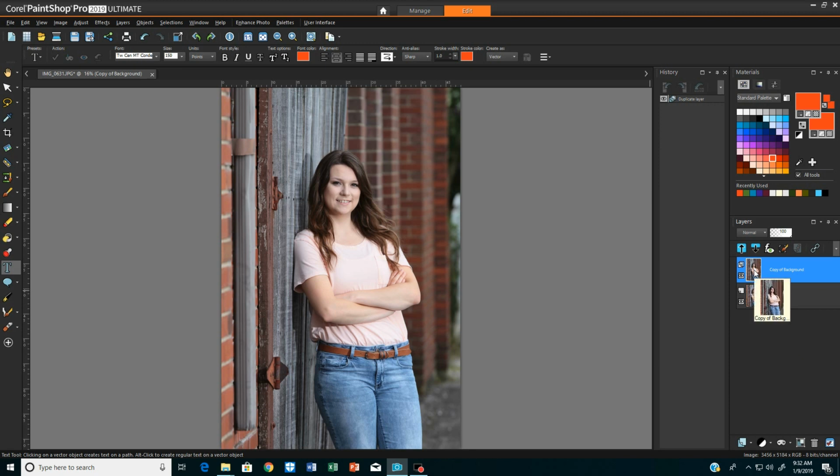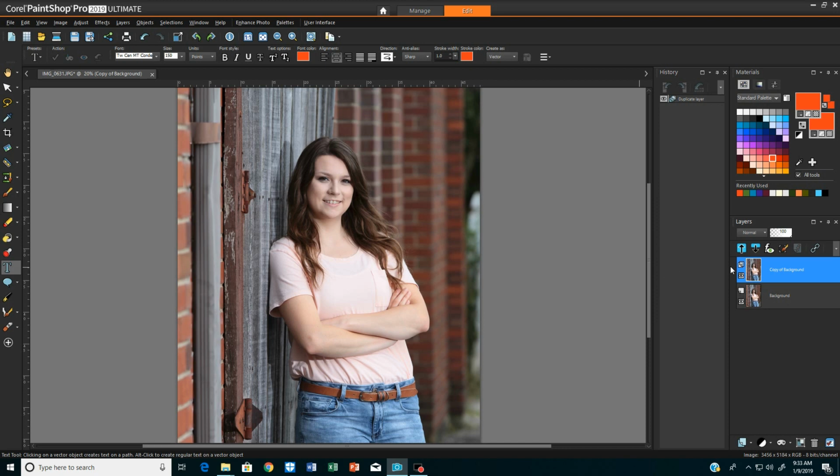We want to add some glamour to this photo. Even though it's good, it can be better. What's wrong with this image? It doesn't pop. It's a little too sharp. Now, what I mean by that, we can see a small place on her elbow, a little bit of a natural line, just a few places on the face, but we want to make it exceptional. So there's just a few things that I'm going to do today, and if you'll subscribe to our channel, then you'll see more things as we go along.